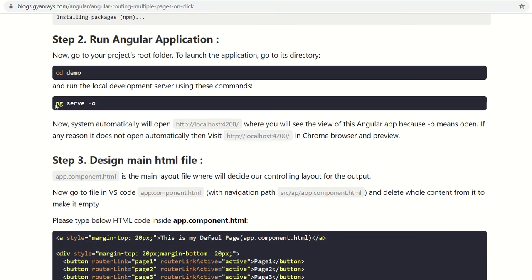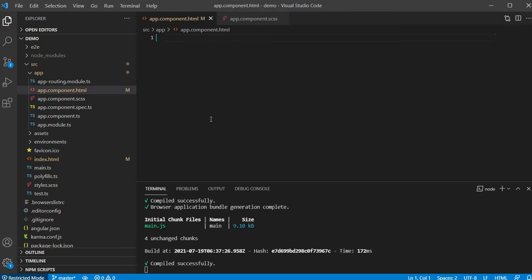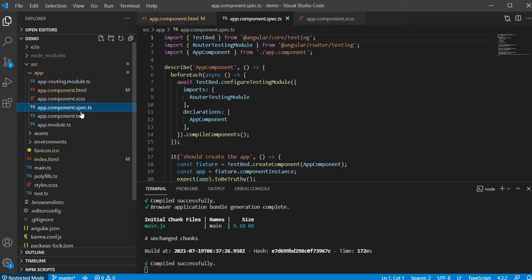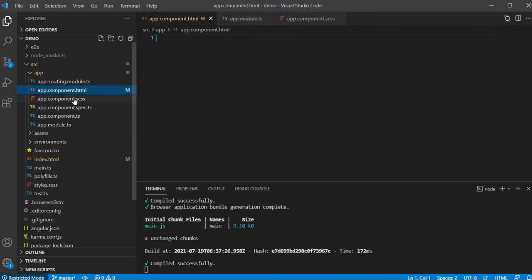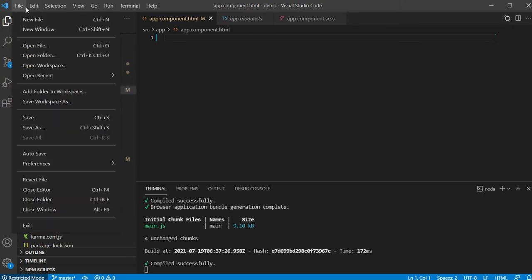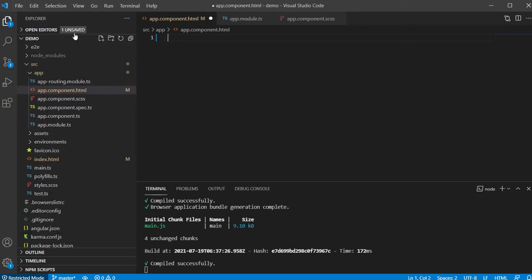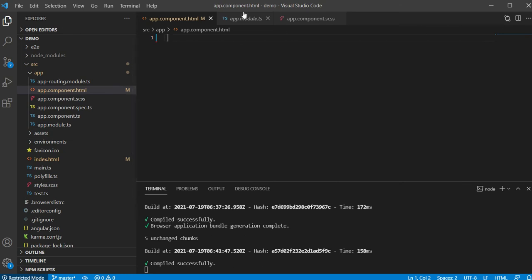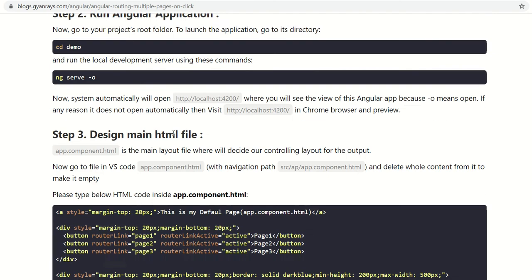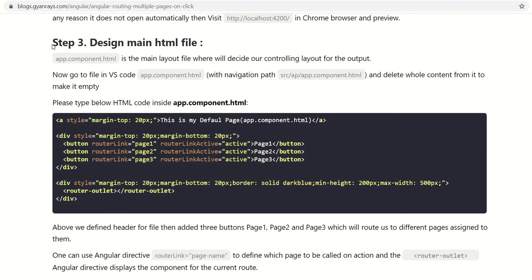And then test the project with the help of ng serve -o. That means it will open the output in a browser automatically at localhost 4200. Well, to save time, I have already created a project named demo, and this is a blank, default project provided by Angular. Now I execute this project and you see how it works. It will show nothing as output. Here is the output. It shows nothing in my system. Okay, let's do some magic in our project.